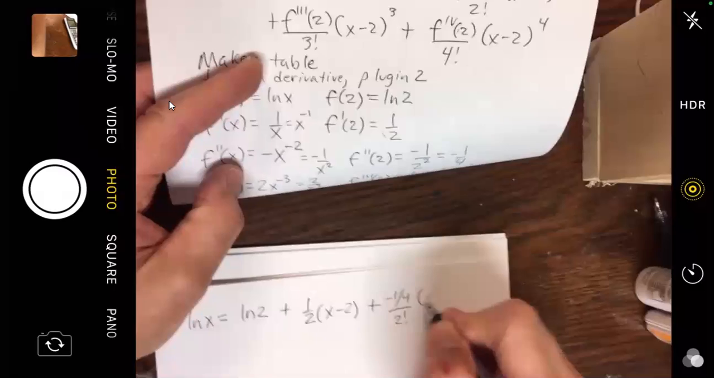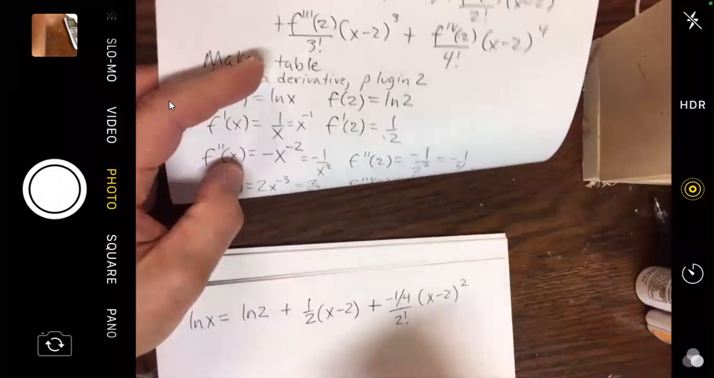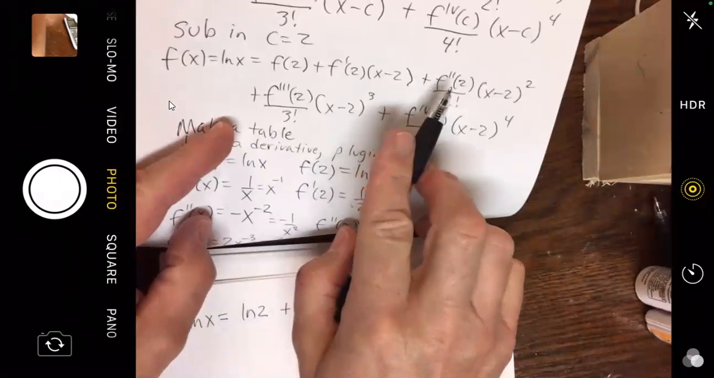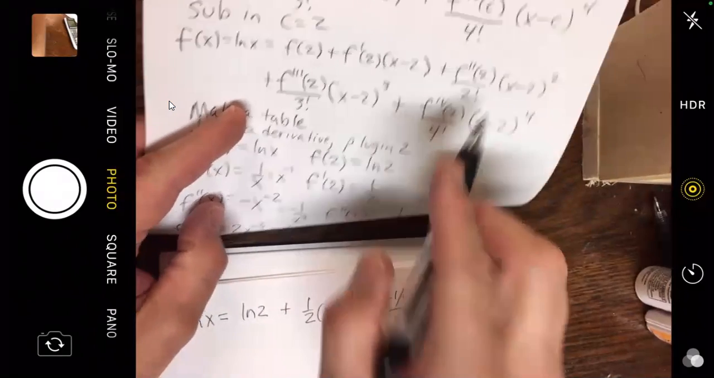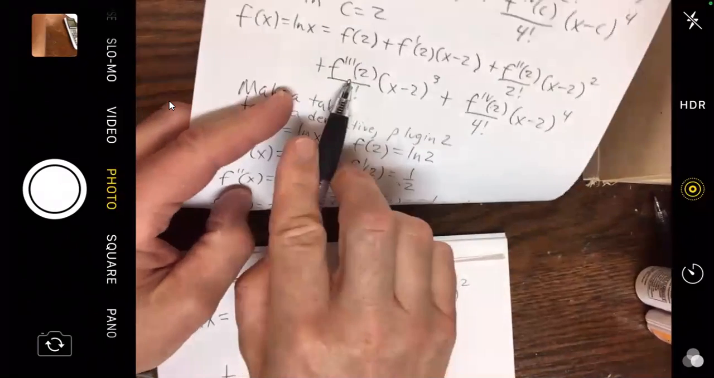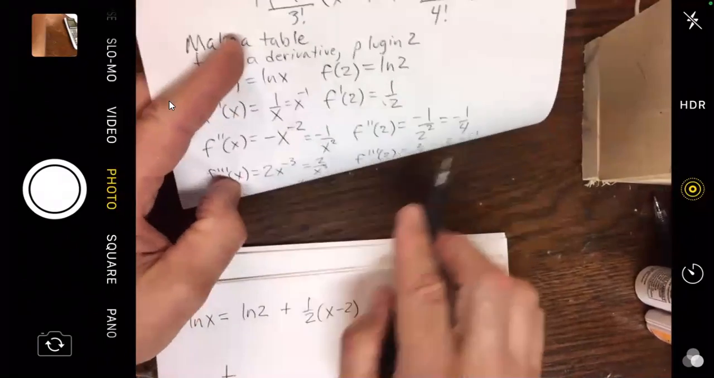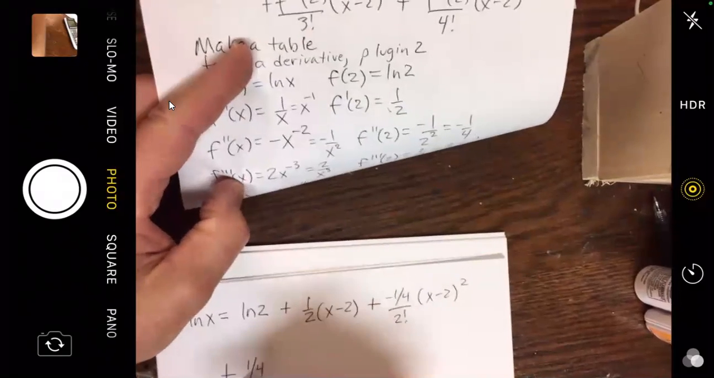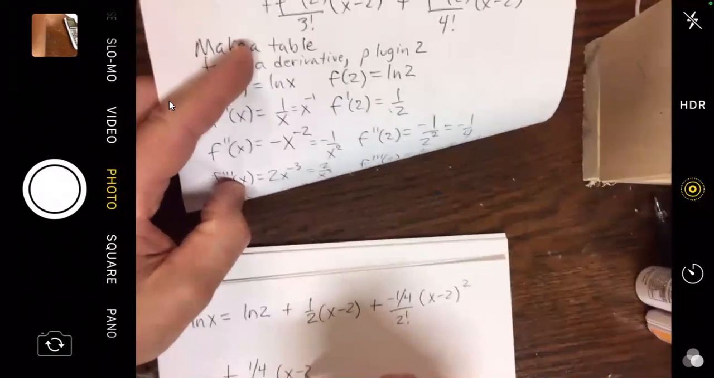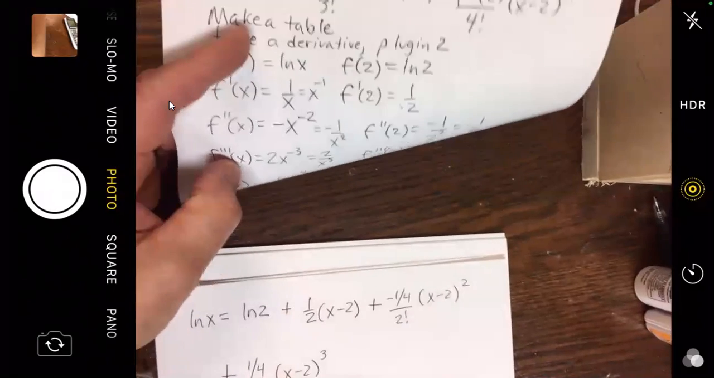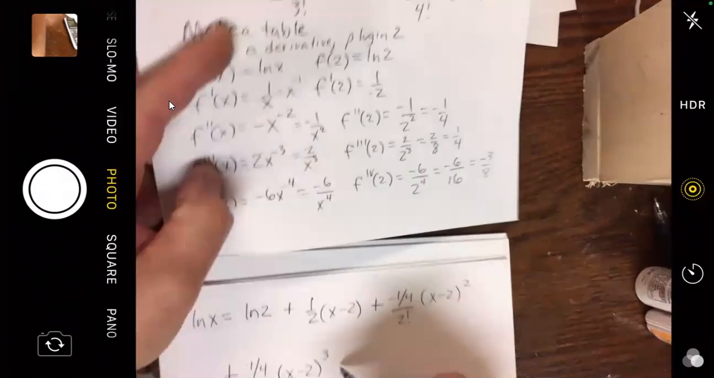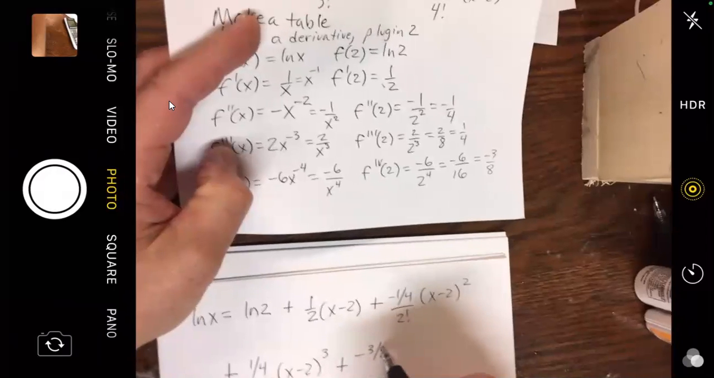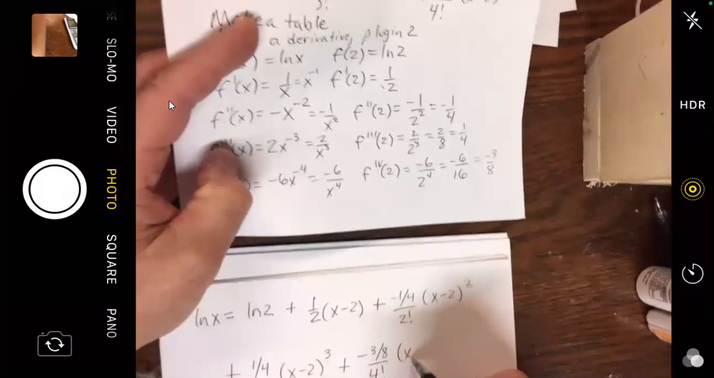2 factorial (x minus 2) squared. That's this piece, negative 1/4 over 2 factorial (x minus 2) squared, plus f triple prime of 2, that was a 1/4, (x minus 2) to the 3rd. Keep this, and then finally my f fourth of 2, negative 3/8 over 4 factorial (x minus 2) to the